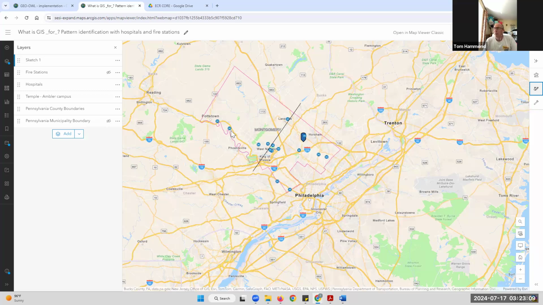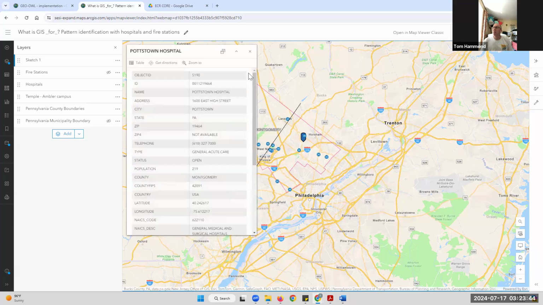So it's like, man, there's a real concentration of hospitals in this central area of Montgomery County, and then more towards the south, and it's pretty empty towards the northeast. So what I want to do is say, okay, what could explain these locations? That is, is there a correlation, right? Are the hospitals just grouped randomly? No, they're not evenly distributed. Are they located near certain features? And what I'm hoping students pick up on is, oh yeah, actually they're near major roadways, like this one here, right next to